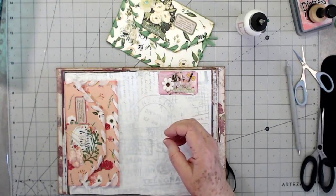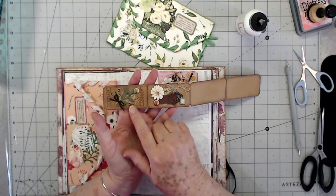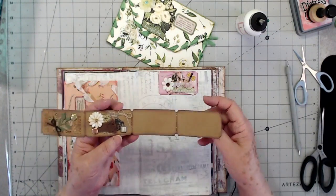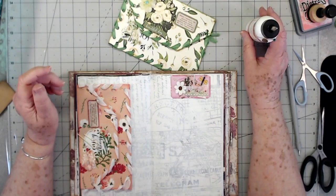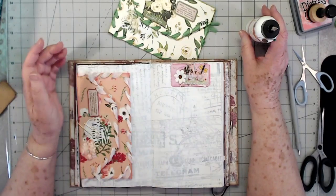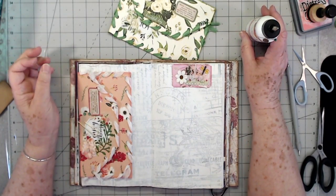So I can't wait to start adding all those to my journal. There's the darker color ones. I've still got to finish those, and I will link that video below in case you didn't see it. I will be starting on an ephemera book storage binder probably this next week. I don't know how many